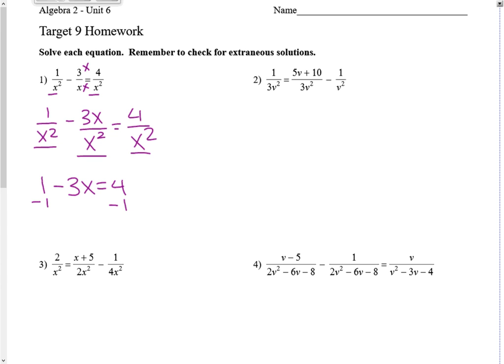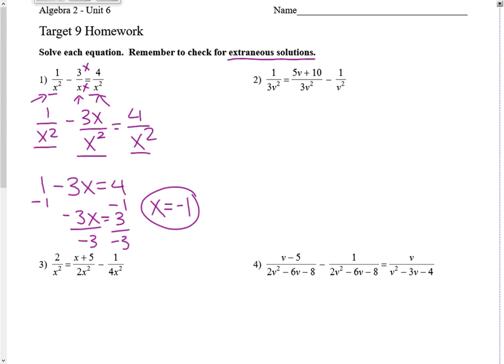Subtract 1 from both sides, negative 3x equals 3, and divide by negative 3, and x equals negative 1. We do always need to check for extraneous solutions, so you want to make sure that if you plug negative 1 into the denominators of your original function, that it doesn't equal 0. Negative 1 wouldn't make x squared or x equal to 0,